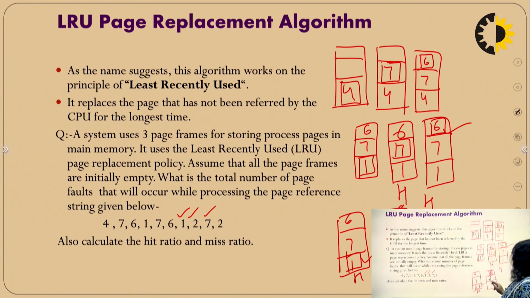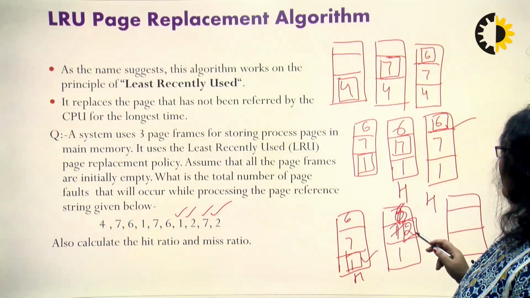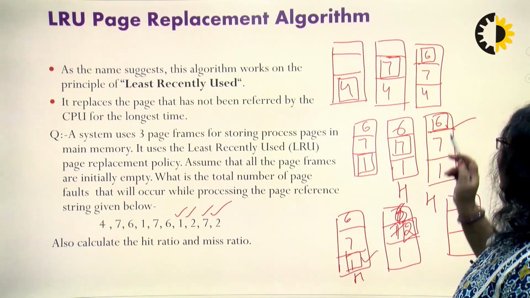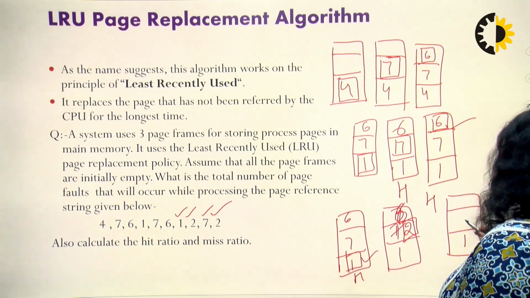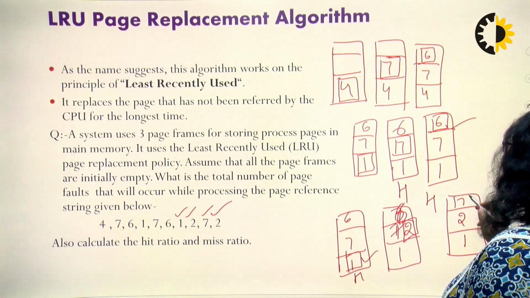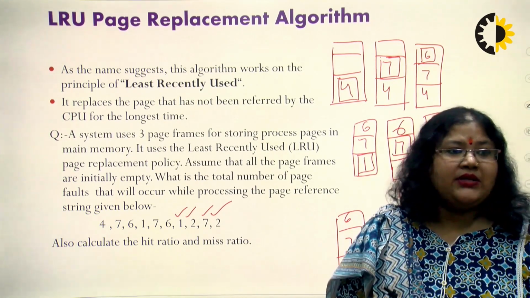So we have to just replace 7 in as 2. So it is the new element, so we have to consider it as a window 2. Now the next element is 7. Now 2 is a new element, 1 is a new element. The oldest element is 6, so we have to replace 6 with the 7. So it is 1, 2, 7. Now the 7 is the newest element.